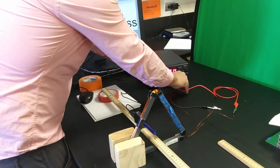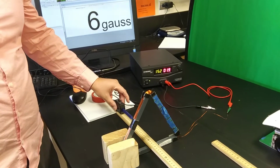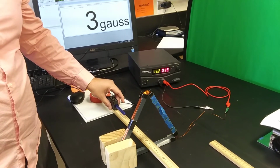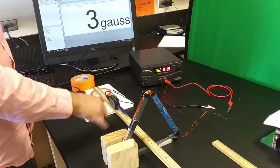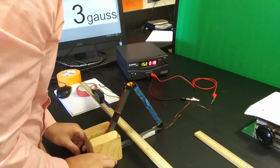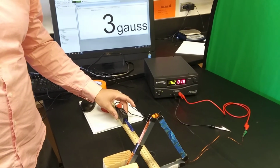Now I'm going to plug this back in, and we can take data every 2 centimeters or so. I'm going to start over here, let's say 16 centimeters away. I'm doing my best to line up this sensor. There are 2 marks here that I'm trying to line up so that it's approximately 16 centimeters from the center of here. I'm just going to adjust it a little bit because I bumped it. Okay, that's good. Now you can get this reading. See what I mean about only 1 sig fig? So that was 16 centimeters away,